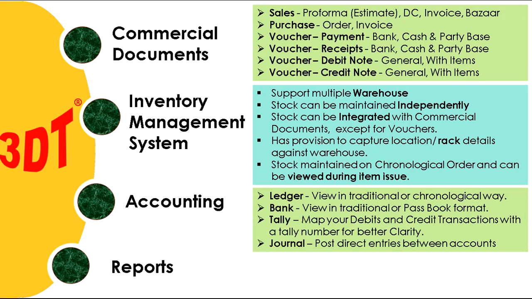For example, you buy something with a bill number and you make some payments, and you have some partial payments, or you make multiple payments for that specific invoice as it happens to be of bigger value, and for this invoice there could be some returns or some discounts you would be receiving. So these transactions could be mapped with a tally number, and when you look at the transaction details after 6 or 7 months, you would be in a position to tell how you have settled the payment for that